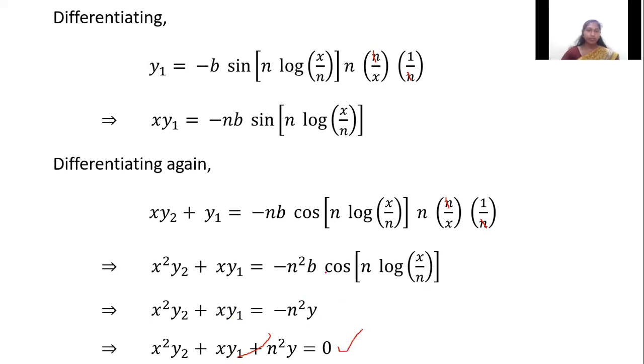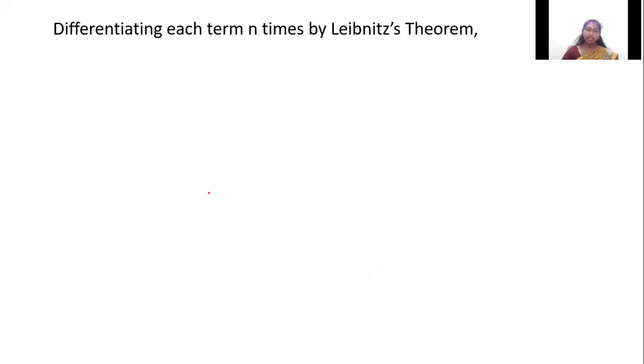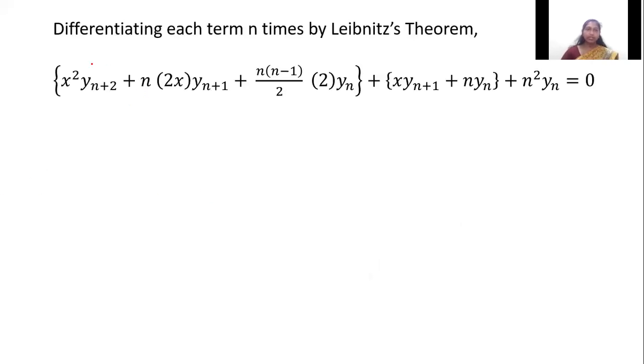Bringing the RHS to the LHS, I can rewrite the equation like this. Okay, and now I'm going to apply the Leibniz theorem on each and every term. So the first term is x square y2. Taking it to the nth term, what can I write? x square into, I can keep on differentiating this x square so that after a certain stage the term vanishes. So I have to make an observation and decide which one should be u and which one should be v.